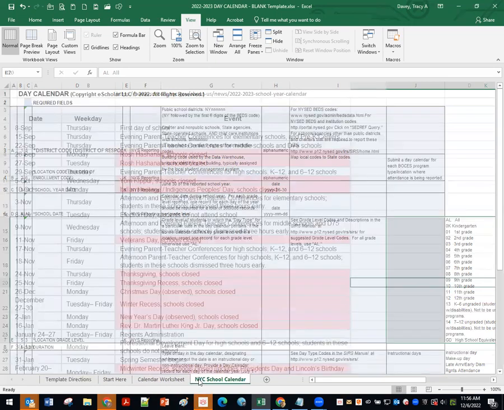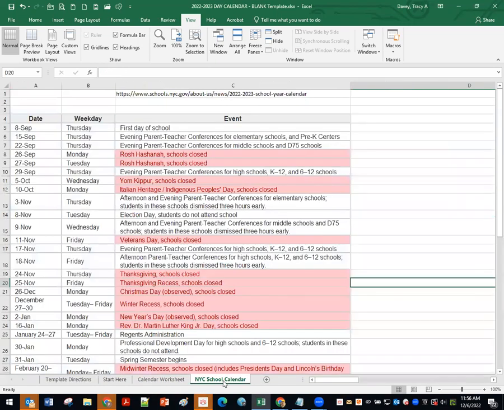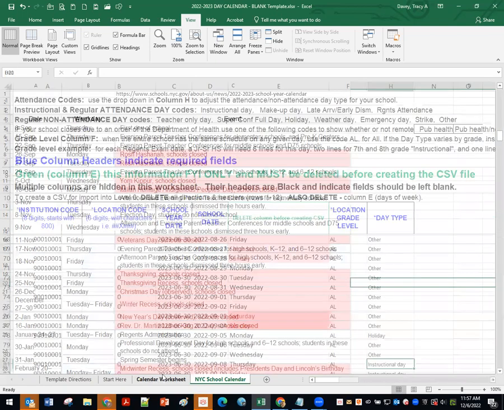I have here a copy of the New York City school calendar. It might be nice, there's also a link to it on their website, to download this or even print it out and compare it to your own school. What we need to do, the actual calendar worksheet here